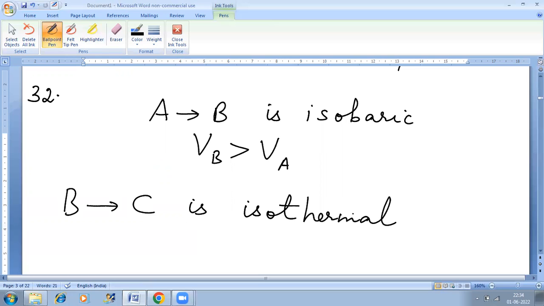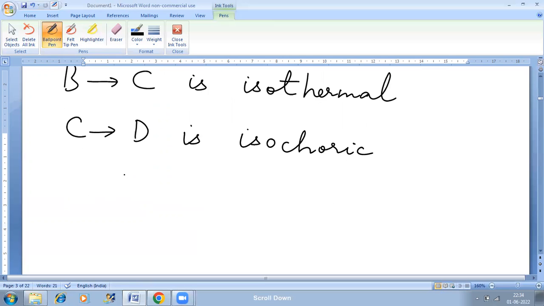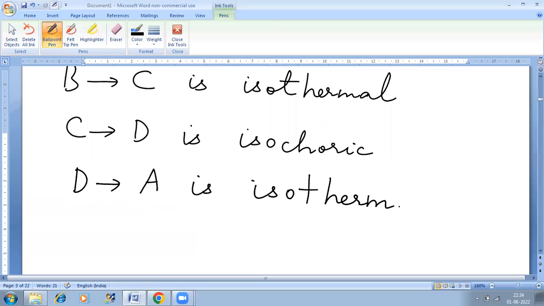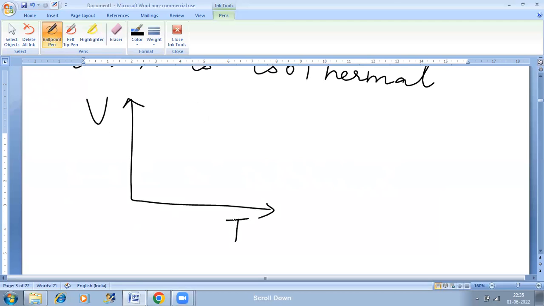C to D is isochoric, as volume is constant when the process goes from state C to state D. C to D we have done, now D to A. D to A again is isothermal. It's a curve, right? Which means if I plot a graph between V and T,